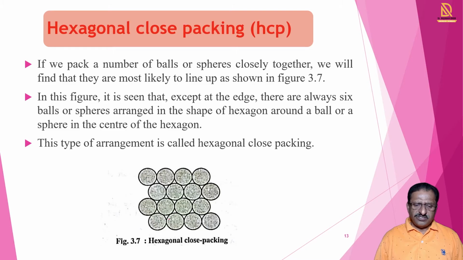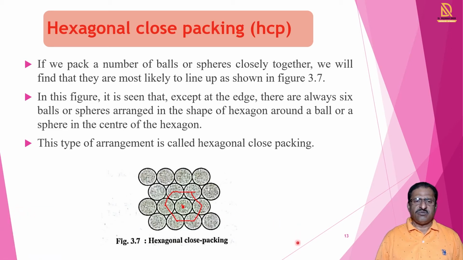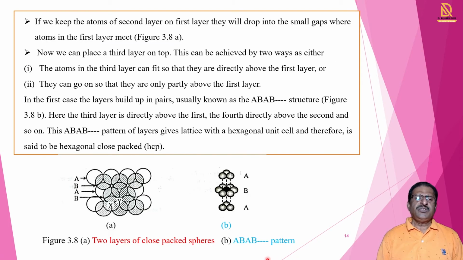We draw this shape here. We see this is the central ion, and along this central ion 6 ions are attached. When these 6 ions are attached, we get this shape, and this shape is a hexagonal shape. Such a hexagonal structure is called HCP. So in this HCP,